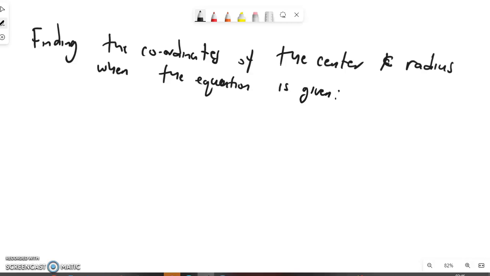Alright, so in our first case, let's say the given equation is x squared plus y squared